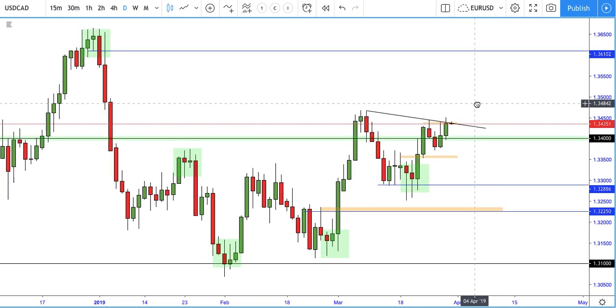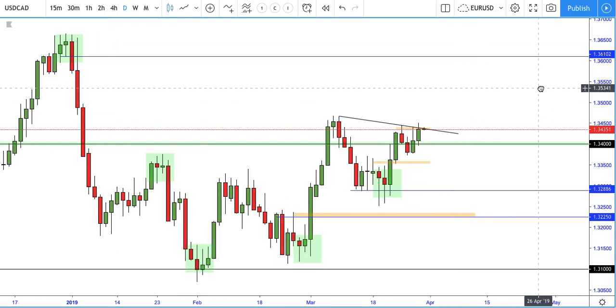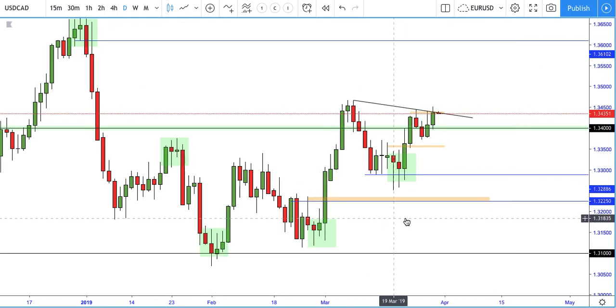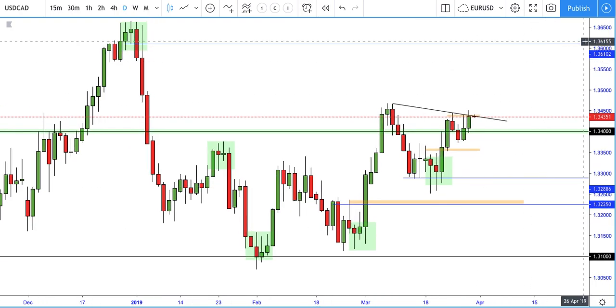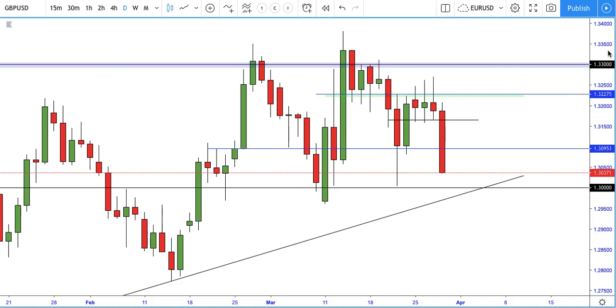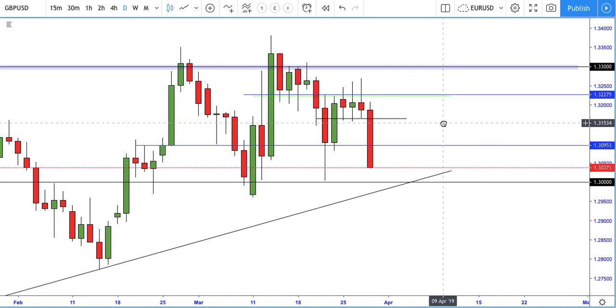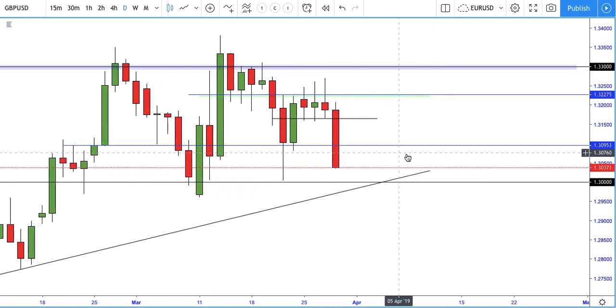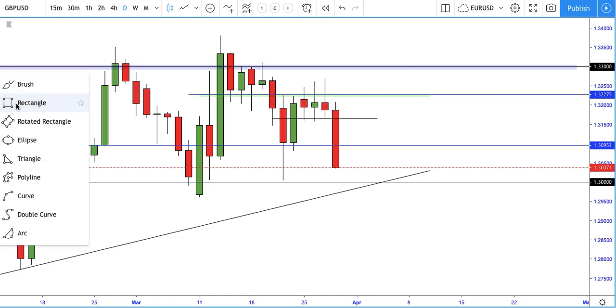Now, obviously, a lot of you guys are going to be asking how can I find entries while using this. Very simply, let's use GBP USD, because I know this actually occurred just now, basically as of the last 2 days. So I actually missed this trade, and I'll be very open about that. I was busy doing some other things. But again, having seen this type of formation here,